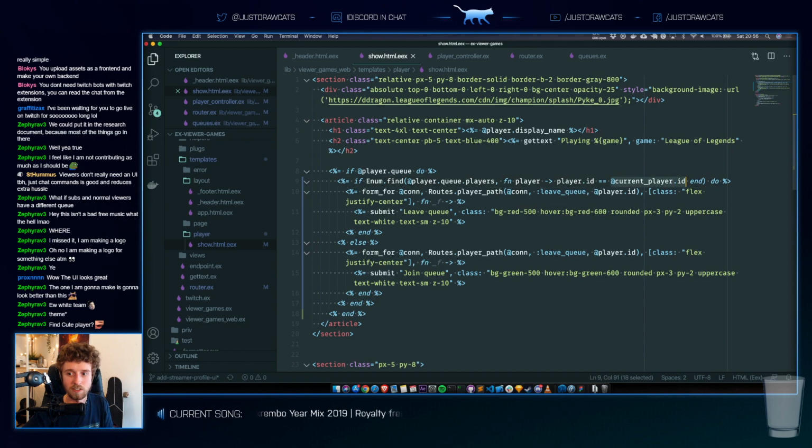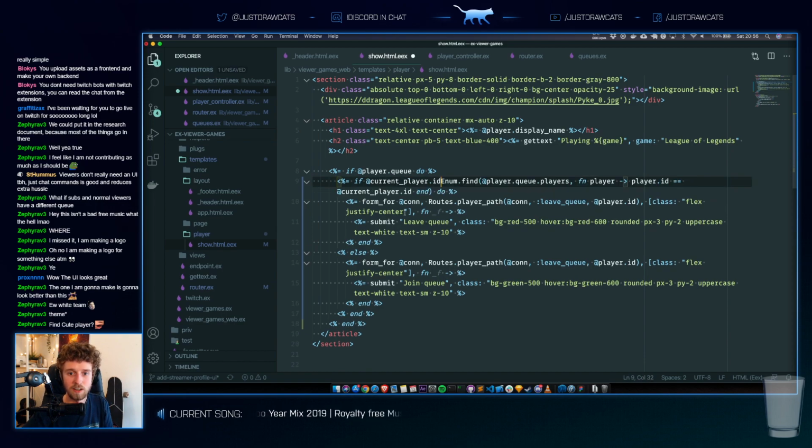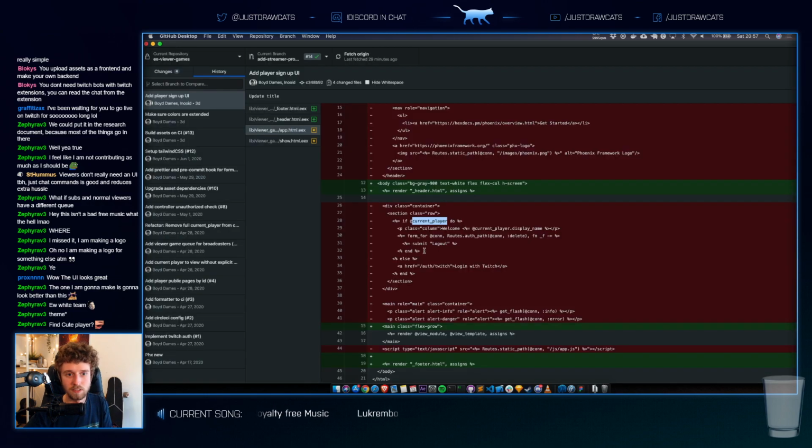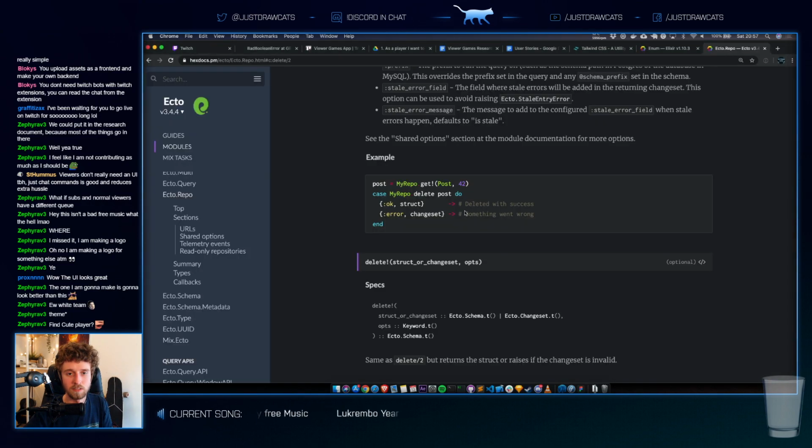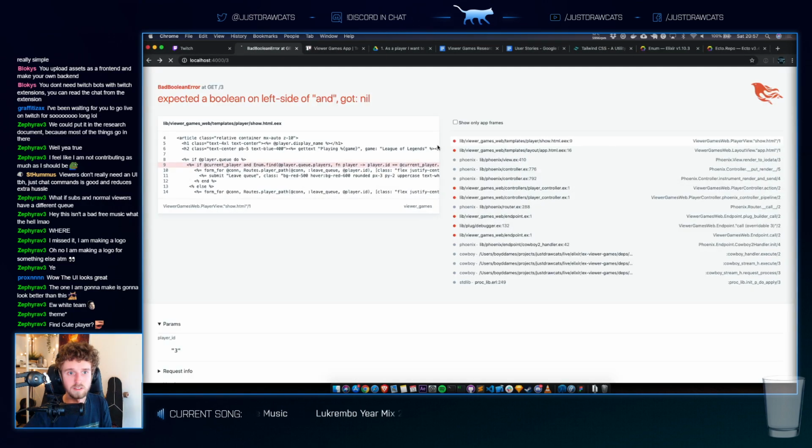So, okay, we need another if statement. If I am logged in and I can find myself. Okay, it still doesn't work. Expected a boolean on the left side of and, got nil.